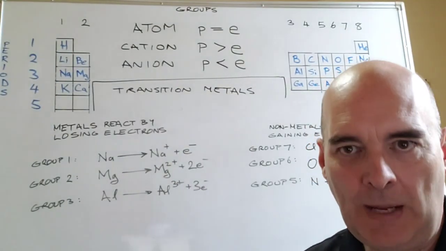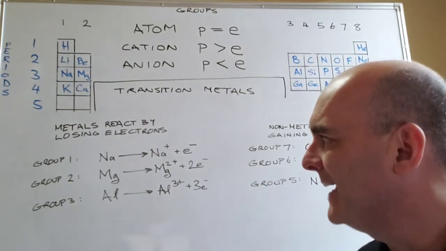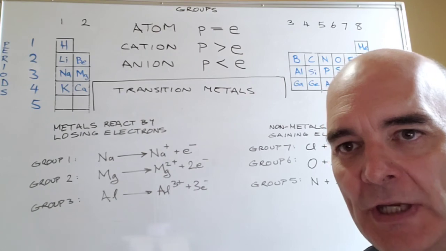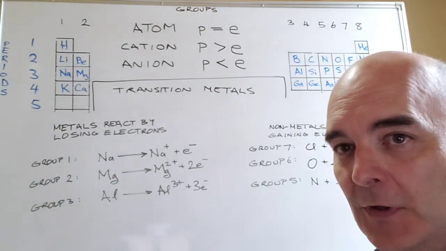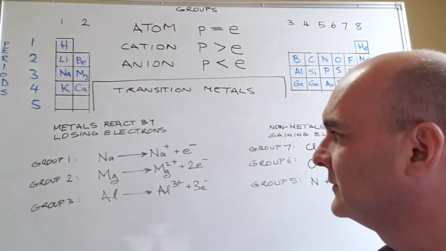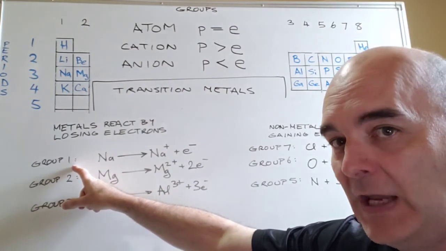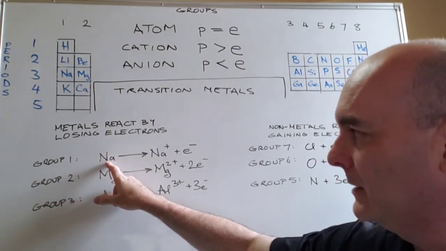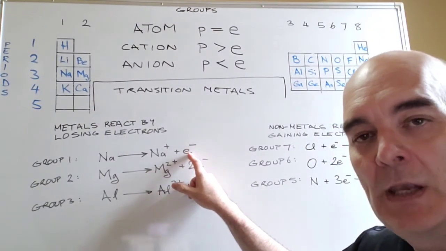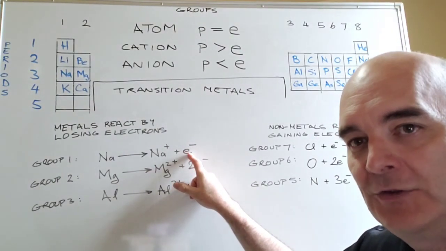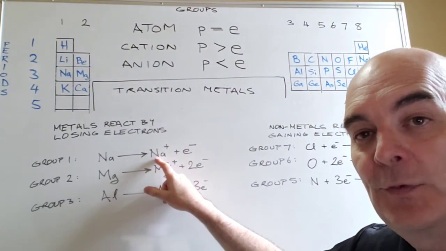Here's the important chemical distinction between metals and non-metals. Metals react by losing electrons. This is a process called oxidation. Oxidation is the loss of electrons. And everything in group 1 behaves the same way, that the metal loses an electron, and because electrons are negatively charged, the thing that gets left behind is left with a positive